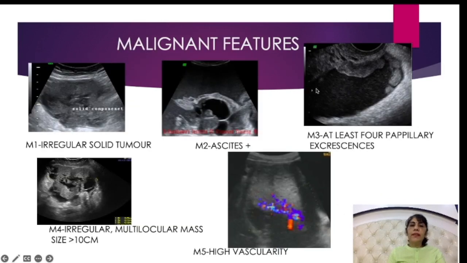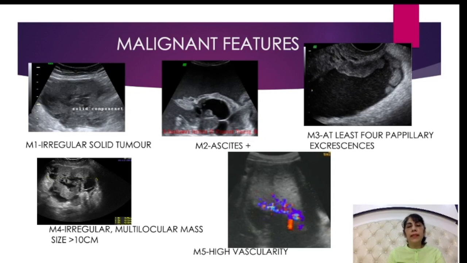Then the features favoring malignancy: solid, irregular tumors, then a presence of ascites, presence of papillary excrescences, at least 4 of them, and irregular multiloculated mass which was having a size more than 10 centimeter, and then increased vascularity. You can say high, you can say moderate also. So any kind of vascularity, especially in the central area, you have to be